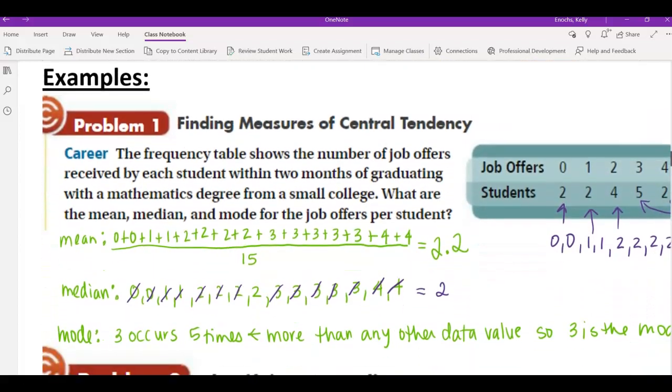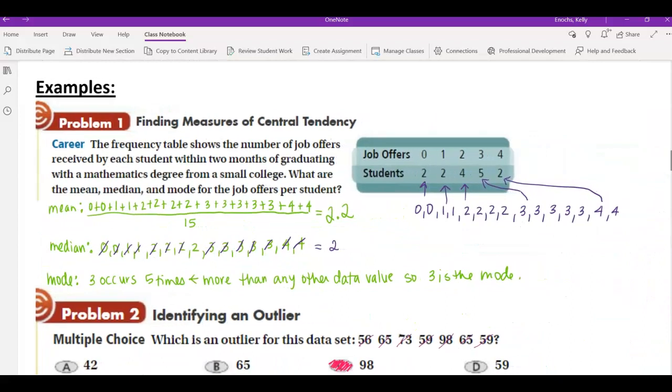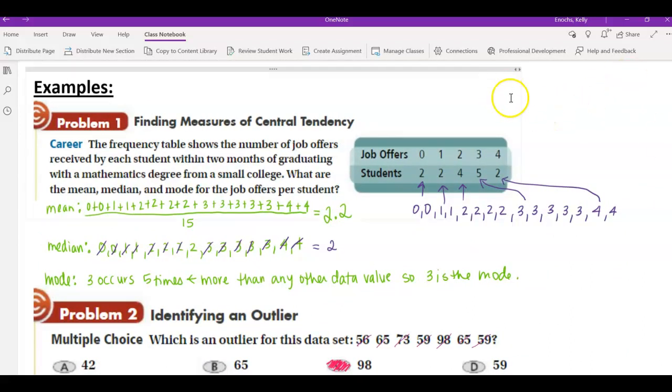All right, let's talk about our practice problems. In the first one, we have a set of data, and we have to go through and find the mean, median, and mode for each of those data. Now, the hard part about this particular problem is it doesn't give you all the data. It kind of tells you how much of each data there is, and you have to turn that into a